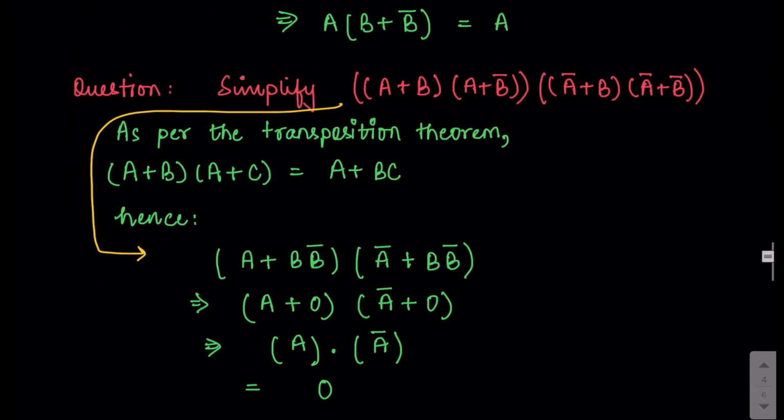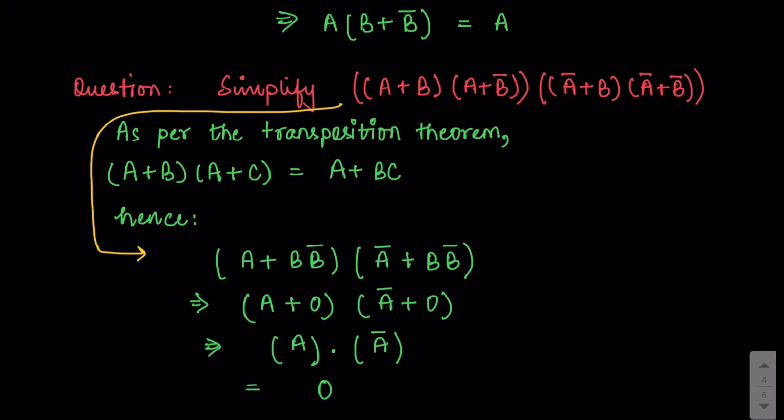Then we have another expression which is a longer one. As you see, you have two terms in different brackets: (a + b) · (a + b') and then in the other bracket we have (a' + b) · (a' + b'). Now if you notice, there is one theorem which is applicable over here, which is the transposition theorem, because I can see a common in these two terms and I can see a' common in these two terms.